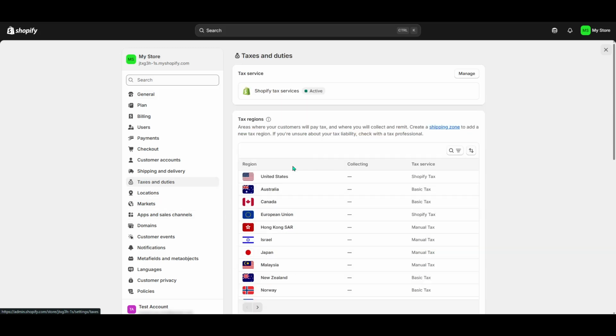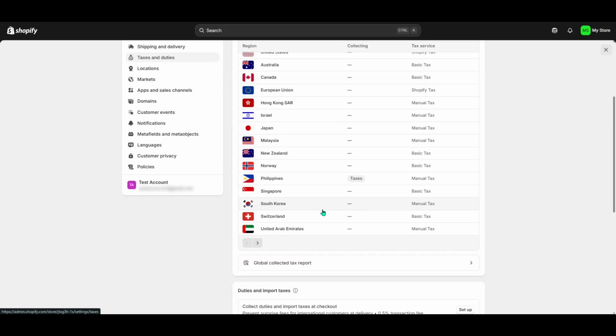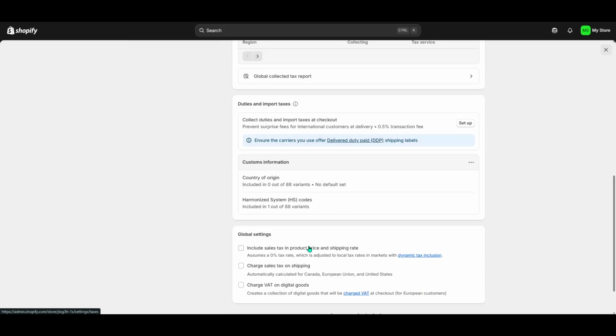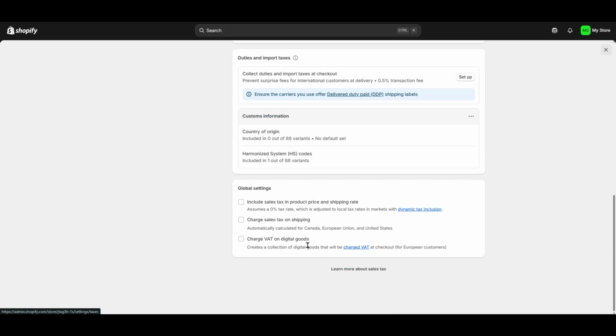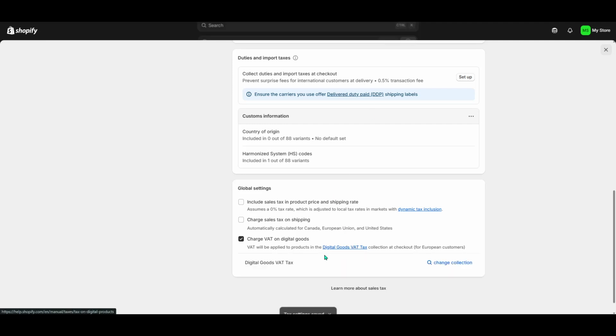Now that you're on the taxes page, scroll down to the bottom. Here, you'll see an option to charge VAT on digital goods. Go ahead and select this. By doing so, Shopify will create a special product collection automatically titled Digital Goods. Any digital products you add to this collection will then have VAT charges applied to them in accordance with UK